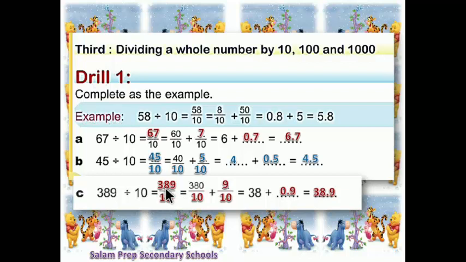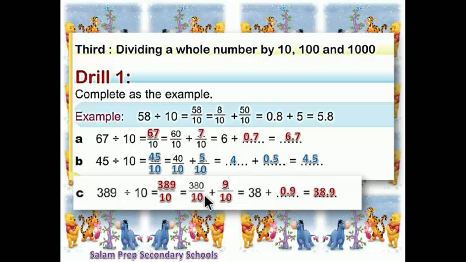Now we need to expand this number 389, but take care, we need to expand this number and keep the units with 0, because 10 has 0 in units. So we need to expand 389 to keep 0 in units like this, equal 380 over 10 plus 9 over 10 equal